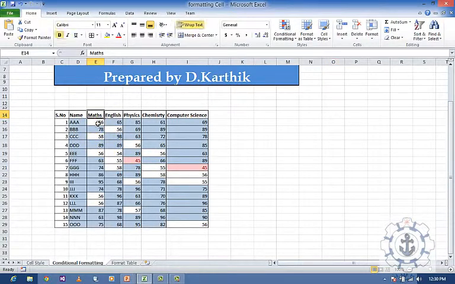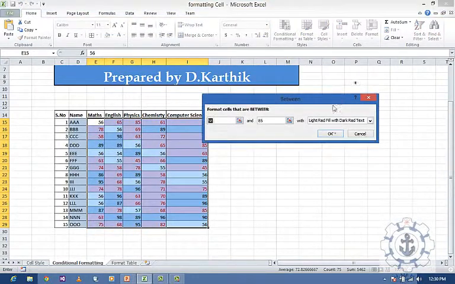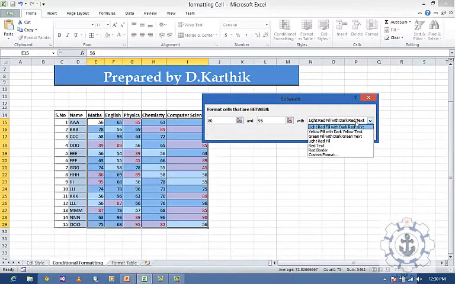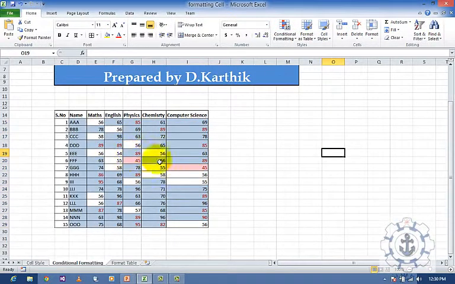And again select the region, go to conditional formatting, and between. Let us say I want to highlight the values between 80 to 95. Okay, so it should be highlighted with the red text. So see the red text between 60 to 80, that is 89. And if you want to do the same,